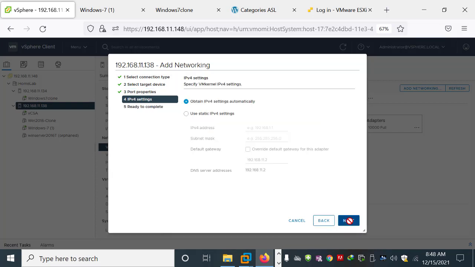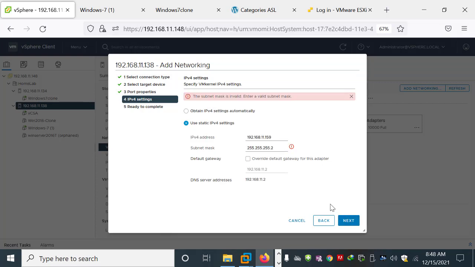Then click Next, and we can also assign an IP address. For example, we want a redundant management port, so we will assign an IP: 192.168.11.159, and the subnet mask is class C: 255.255.255.0.